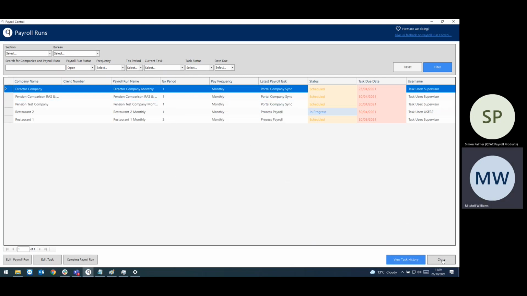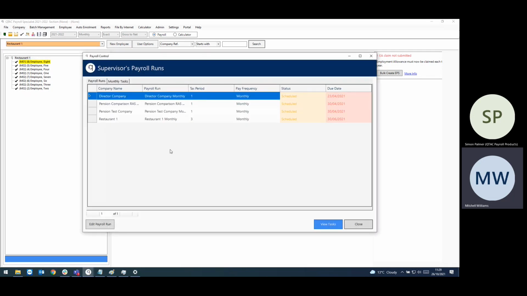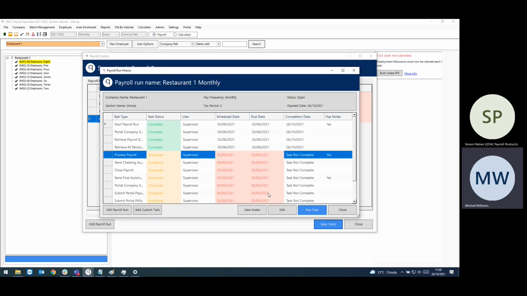If we now come out of the payroll run dashboard, what we can do is go into File and Payroll Run Control, and what we have is My Payrolls for Today. So when an administrator assigns a company to a user, this will show in the screen in front of us now. What we can do from here is click onto View Task, and this will then show the tasks for